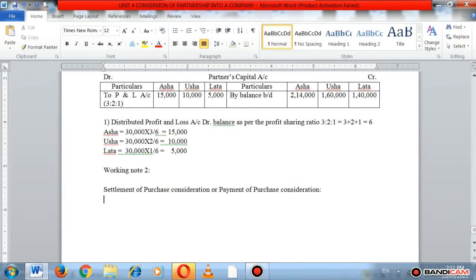So payment of purchase consideration in the form. So total amount of purchase consideration is equal to